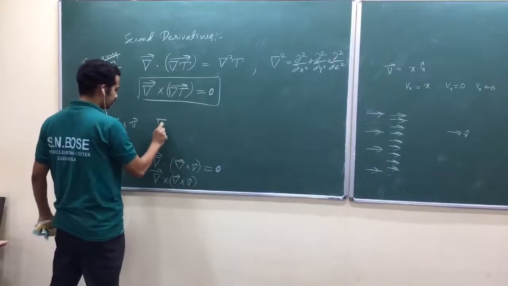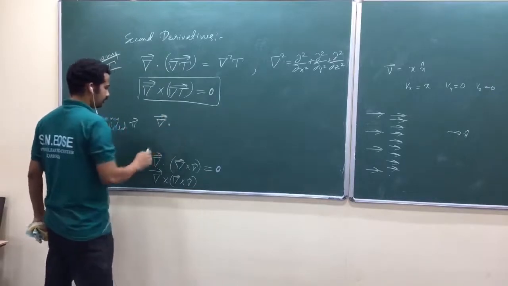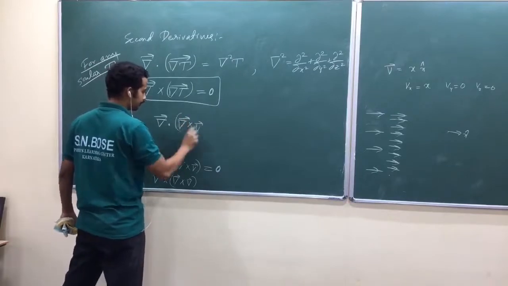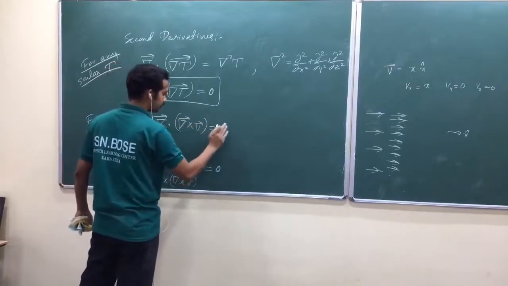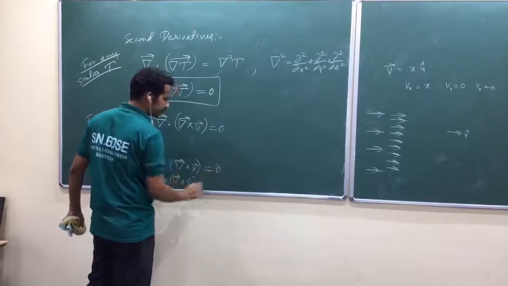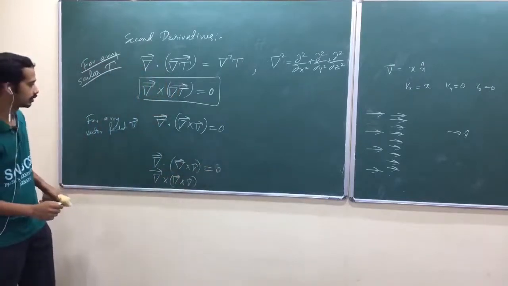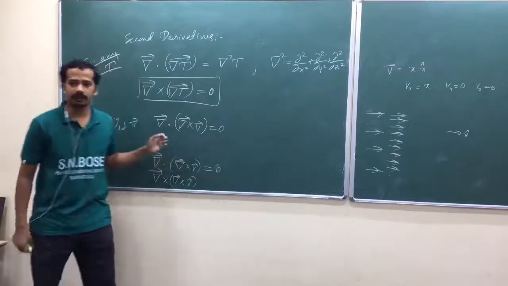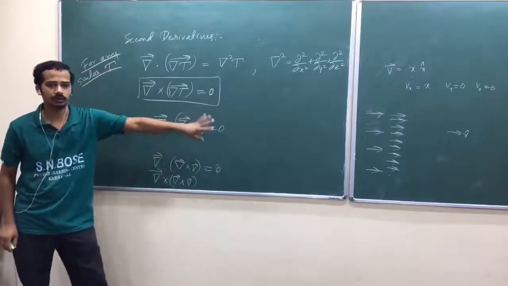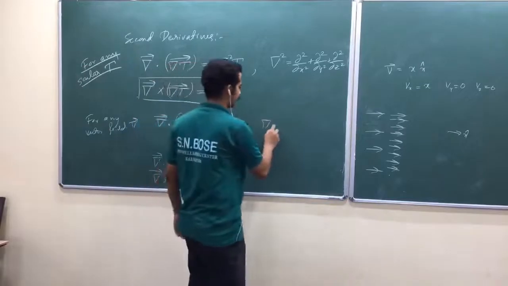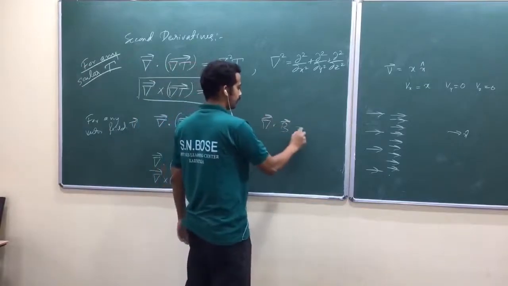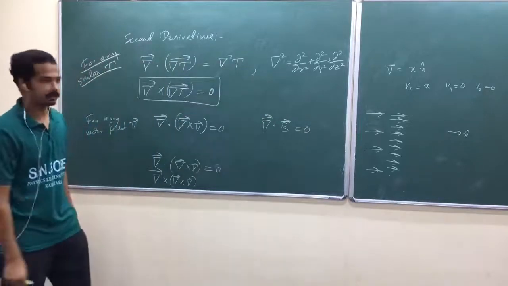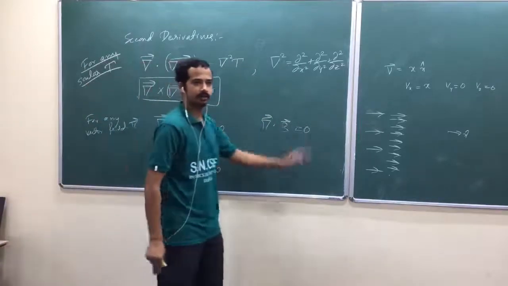Now, let me write this one in the top. What is this one? Divergence of a curl of a vector field is 0, scalar 0. I should not write bold letter, scalar 0. Divergence is a scalar. Am I right? So, now look at here. Whenever we have any vector field whose divergence is 0, suppose let me take magnetic field. Magnetic field divergence is 0. Okay, whether static or dynamic case, divergence is always 0.